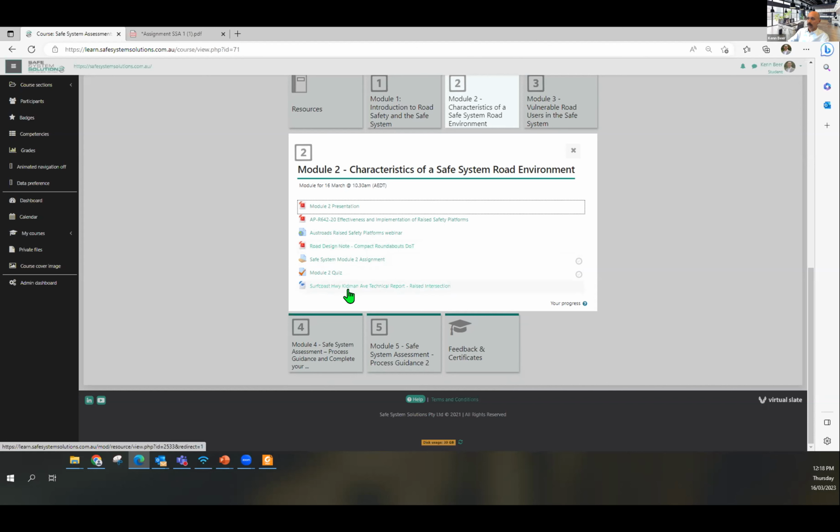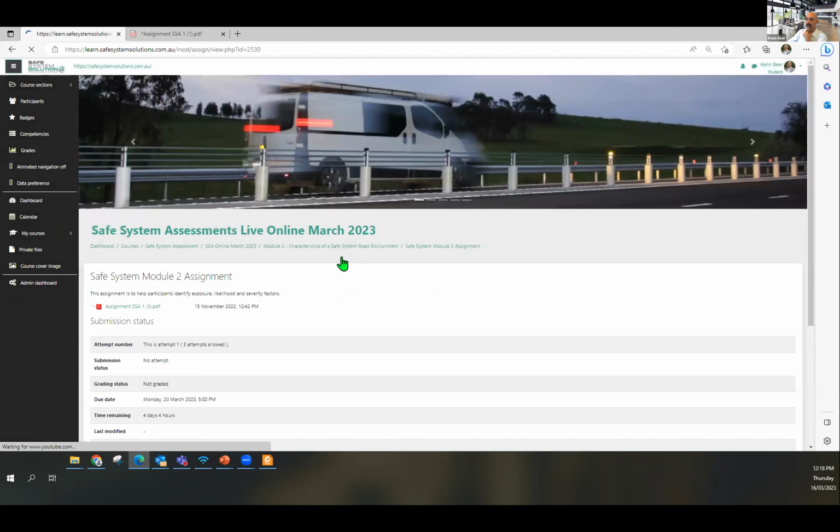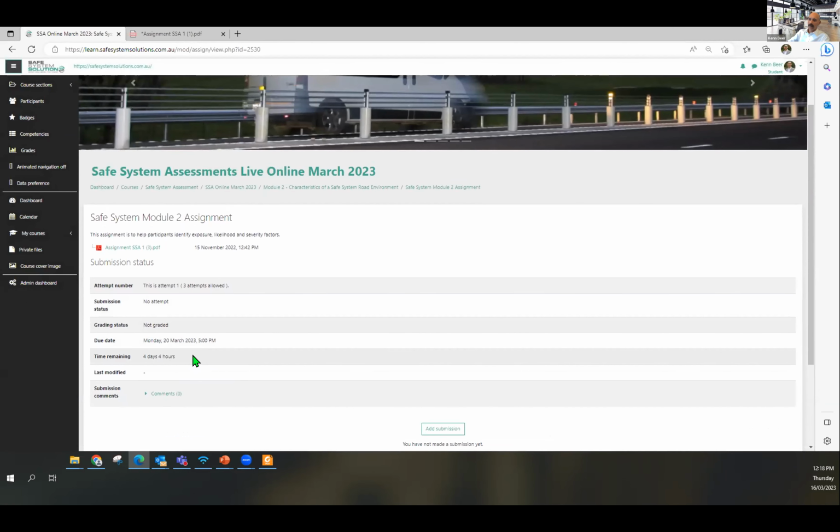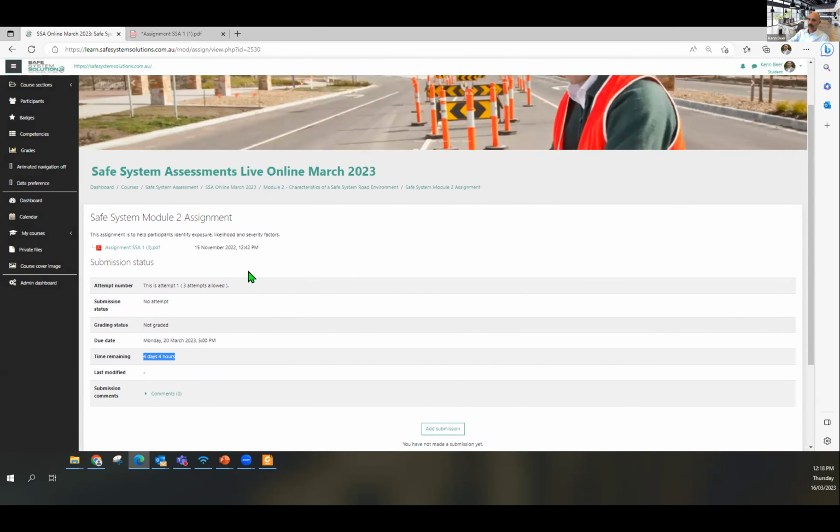And there's a technical report on Surf Coast Kidman, which is the one we were just looking at as that example. But here we've got your quiz, which you're going to do, and you've already done one of those, so you know the deal there. But you've got the assignment to do. It's not going to take you long. You don't need to cancel your weekend plans because it's a very short exercise. So you're going to click on that. You've got 4 days and 4 hours to complete it. You should only need about 15 minutes, 10 minutes.